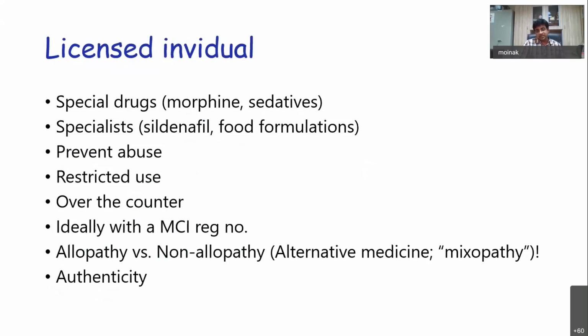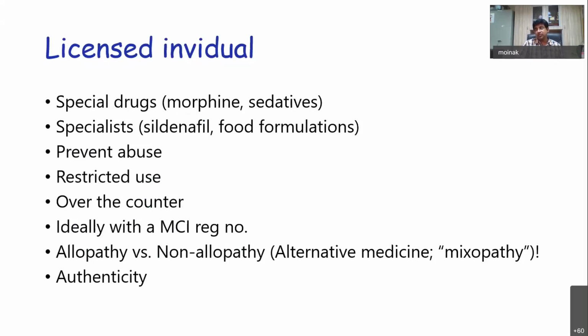It has to be by a licensed individual. By licensed individual, we mean either the drug is very special or the doctor is very special. Now, there are some professions where prescription is not required at all. For example, if you are a pathologist or a microbiologist, you don't need to write. But a physician, a surgeon needs to write, so you have to be very careful. Some specialists may order special drugs, like for example, a urologist can only prescribe sildenafil. But if you take any other profession, maybe a gastroenterologist might not require to prescribe sildenafil.